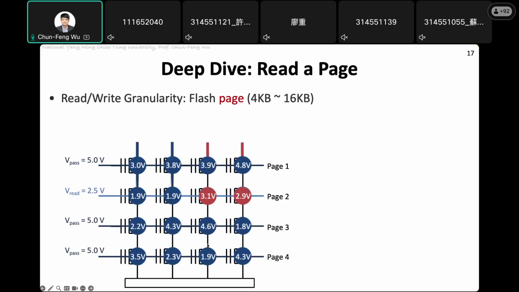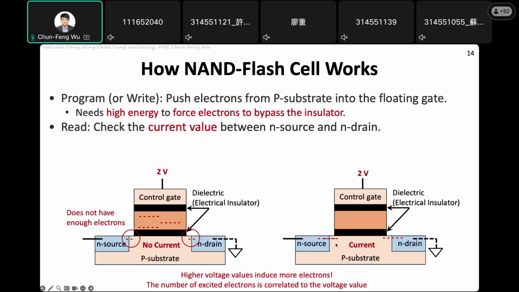The reason we apply the 5 volt is because 5 volt is quite a bit larger than the read voltage, right? Let me show you this example. If this one changed to 5 volt, then no matter whether you applied 20 volt before or not,